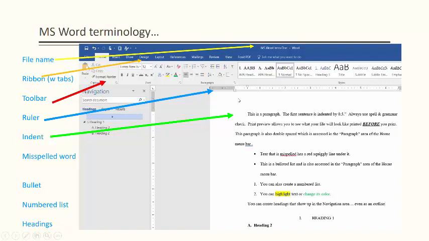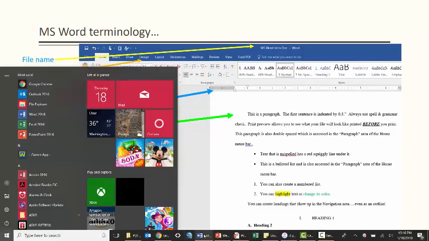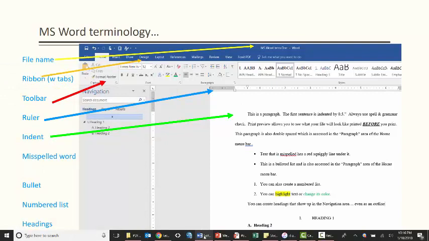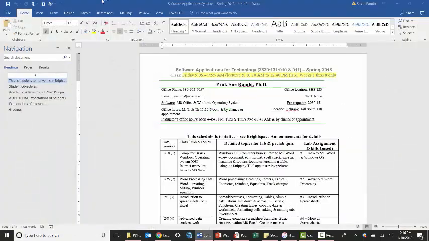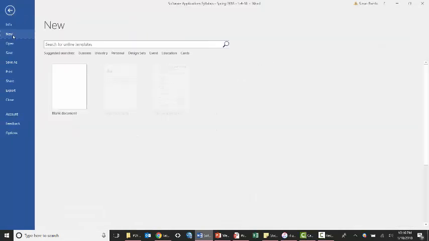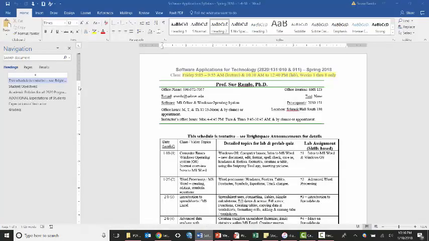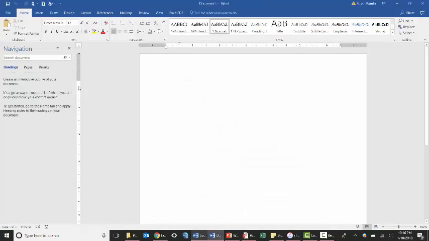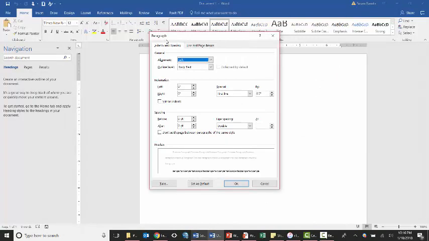So for instance, we can go into software applications. Here I'm going to open a new, maybe. Oops, too fast for my own good. So we'll open just a blank Word document. So here is paragraph, so we can have a first line